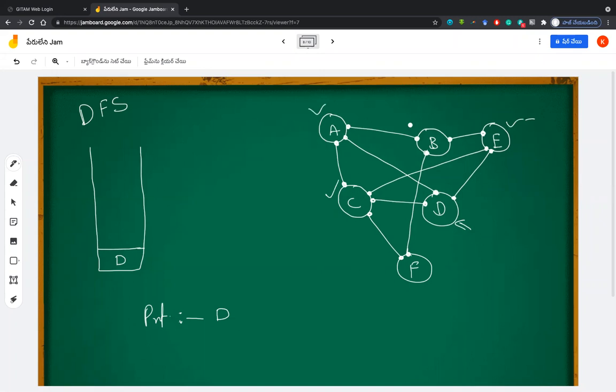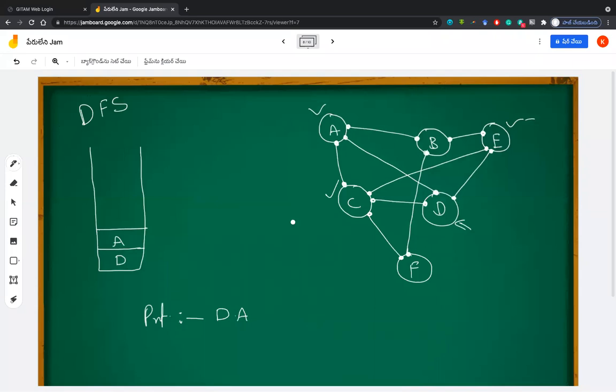I don't want to take all of A, C, E. Maybe I will go with A. It's my wish. There are no rules that you have to go with E or C or A. I'm following the alphabetical order, so among A, C, and E, I will take A. So I will push A inside, and whenever I push A inside, I will also print it.